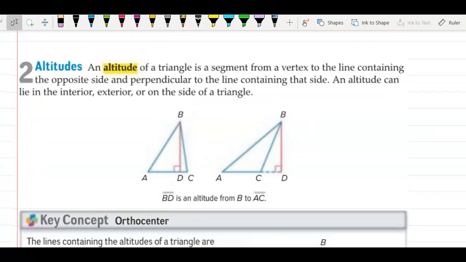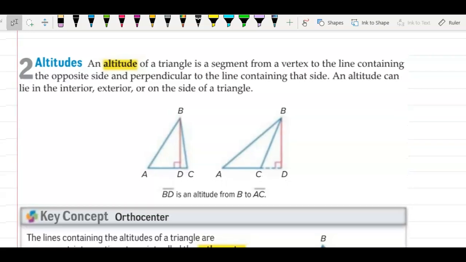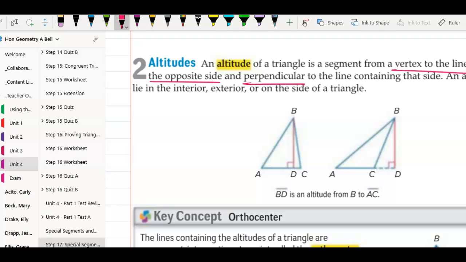So an altitude of a triangle, this might be a term that you're familiar with. It always represents the height of the triangle, okay? So it goes from a vertex. It starts at the vertex and goes to the line containing the opposite side, but it's perpendicular, is the thing. It's perpendicular to the opposite side. So if we drew this in a picture,